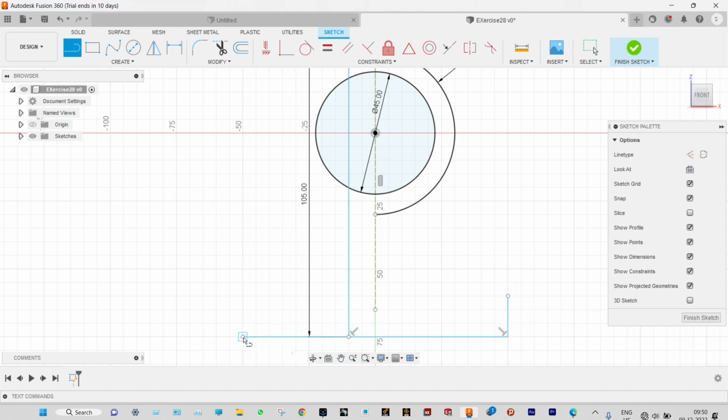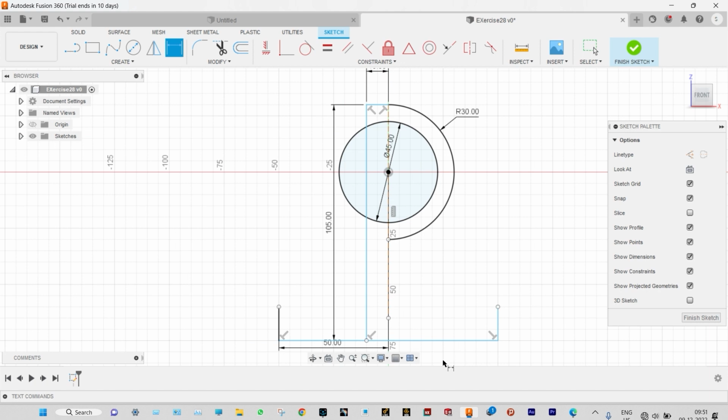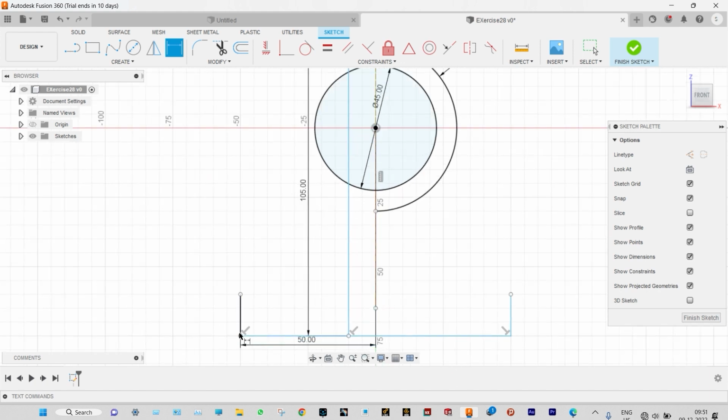This side also it will be same length of 15 mm. Initially we are providing any dimension at random, so we can provide the distance from here to 50 mm and the total distance will be 120 mm. Done. Right,